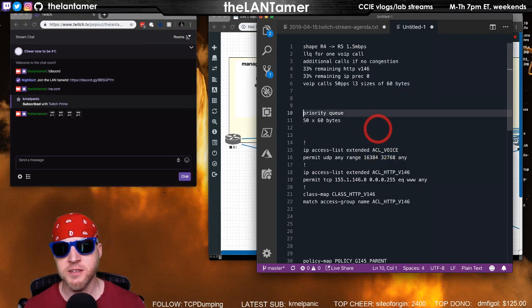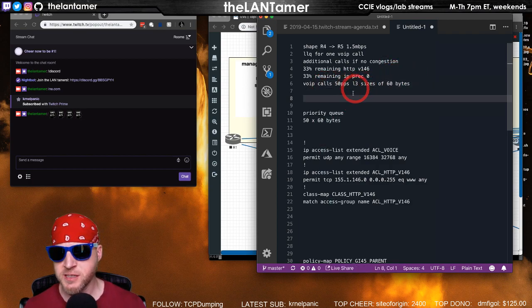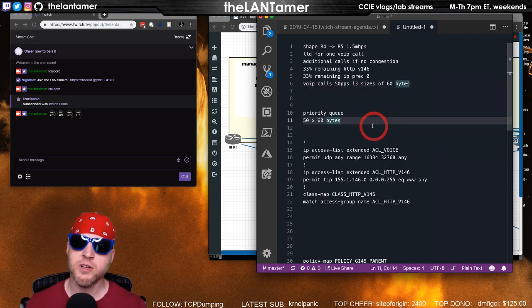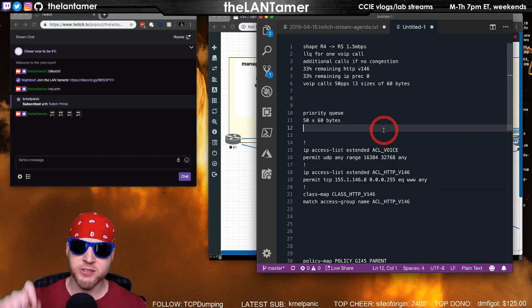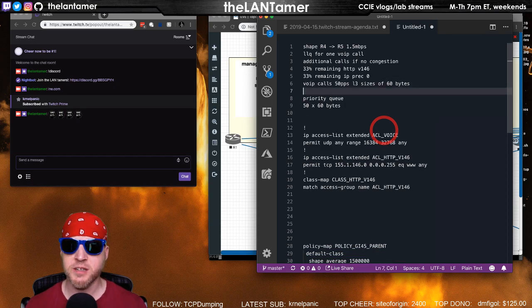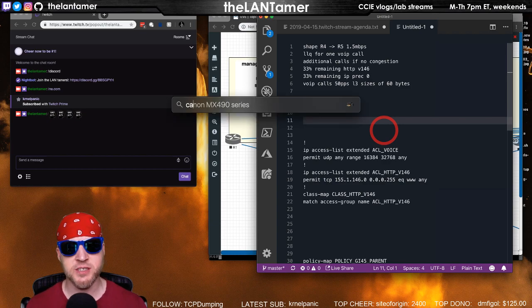Yeah, so the catch here, and this is sneaky, right? It's saying VoIP calls assume that there are 50 packets per second, and the layer 3 size is 60 bytes. Well, guess what? Priority queue is measured when you do a bandwidth guarantee. It is done in terms of the layer 2 size. So we're getting really specific here, right? So if you do 50 packets of 60 bytes in size,